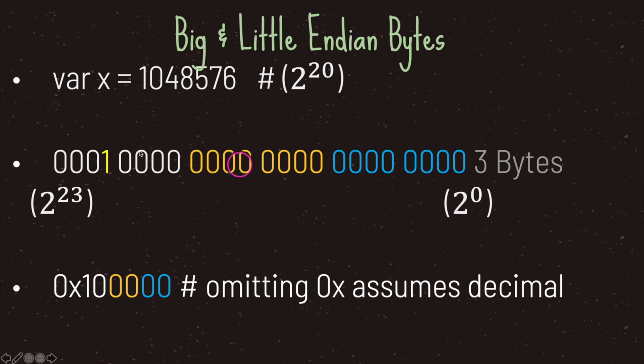Towards the left, with our byte again being in white, the furthest bit on the left represents 2 to the power of 23, 23 being the highest possible exponent for our 2. And because this byte contains the highest possible exponent, we call this byte the most significant byte. And everything else in between is just on a spectrum.